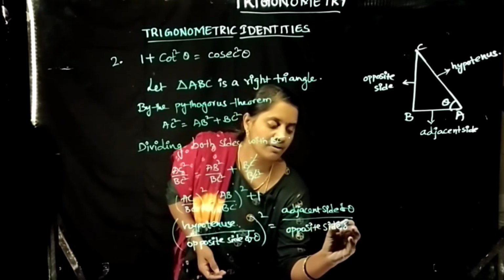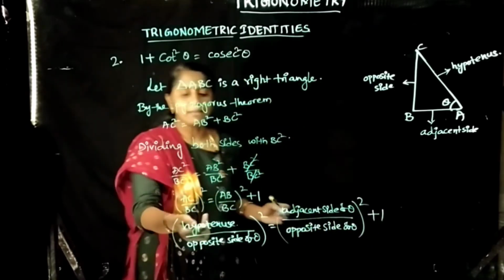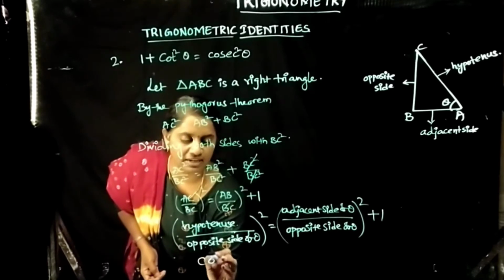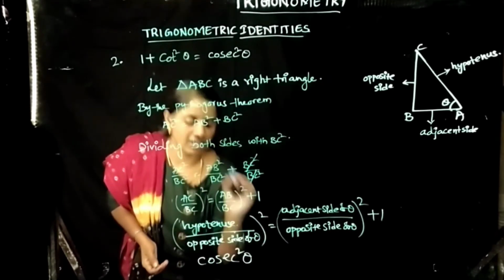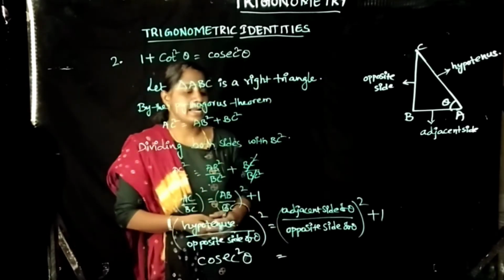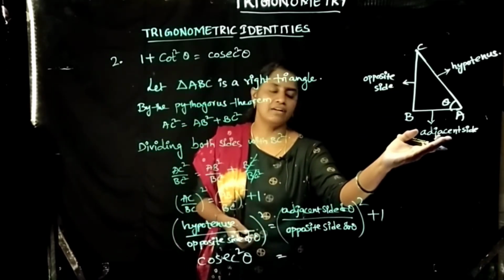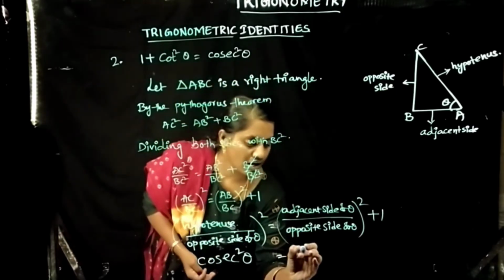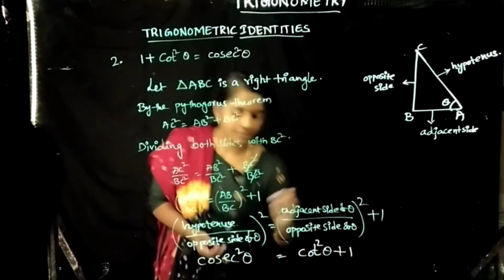Opposite side of theta whole square plus 1. Hypotenuse by opposite side, it is the definition of cosecant. So cosecant square theta is equal to hypotenuse by opposite side. Adjacent side of theta by opposite side is the definition of cot theta. Cot square theta plus 1